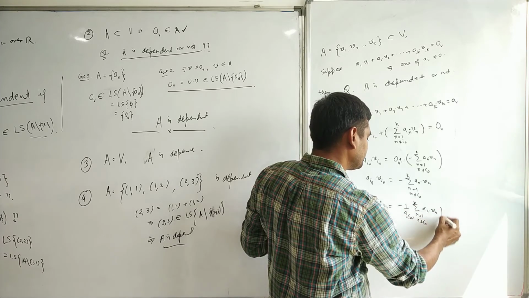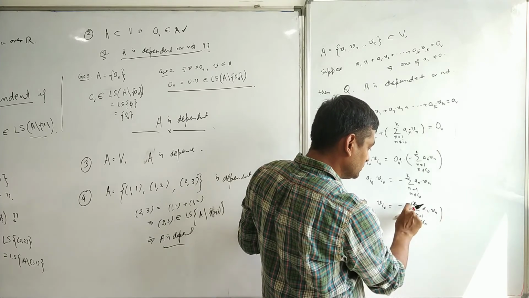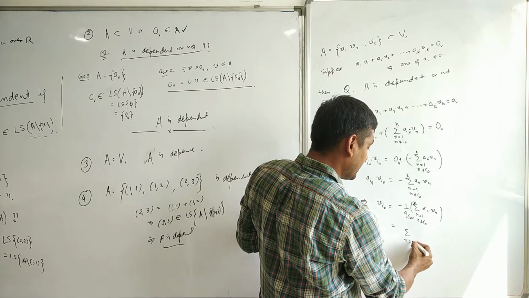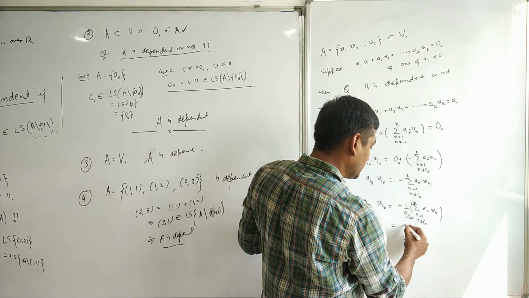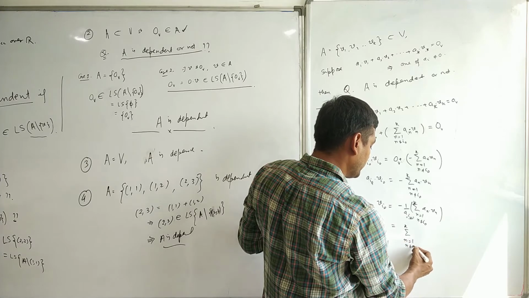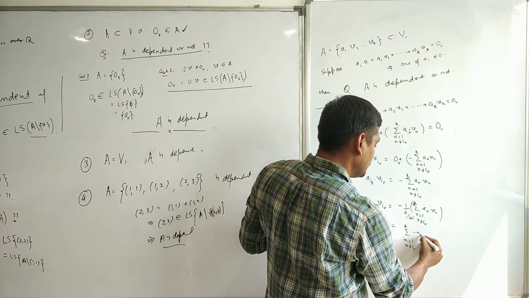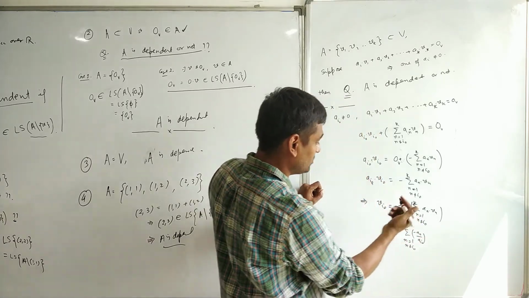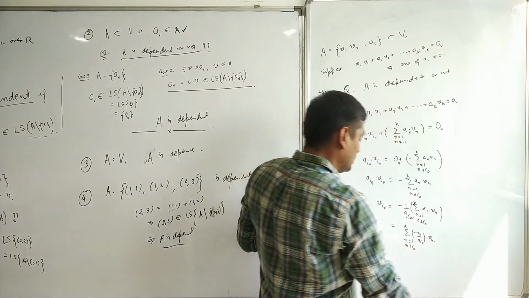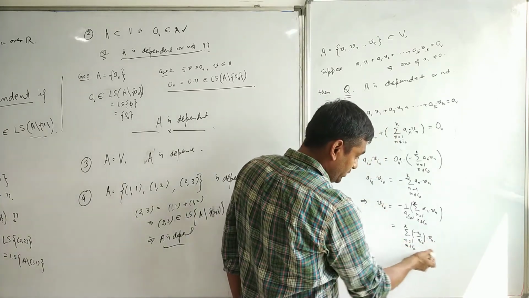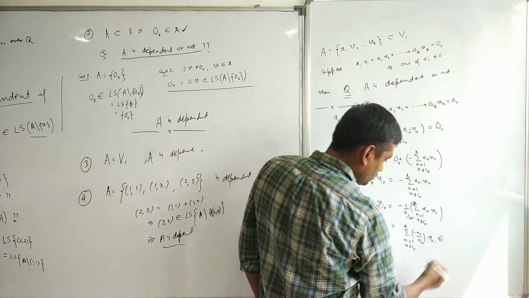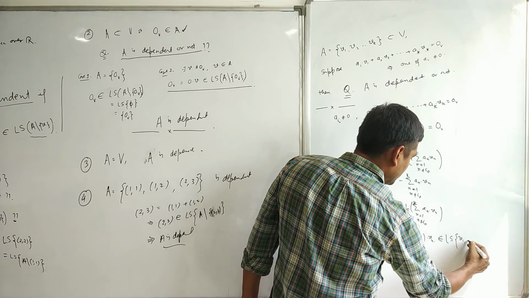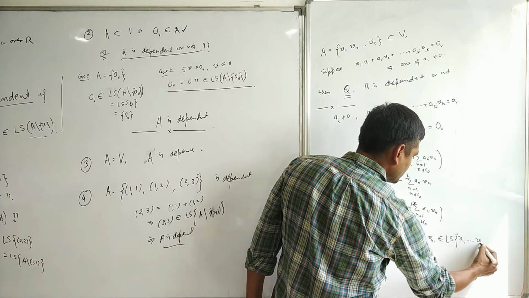Now using the axiom of the vector space, what I can do is write this as summation n equal to 1 to k, n is not equal to i naught, and this I can write as an divided by ai naught. I can divide by ai naught, here I am using ai naught is not equal to 0, into vn. So this means what? Vi naught I can write in this form, and where does this belong? This belongs to LS of v1 comma dash vk.